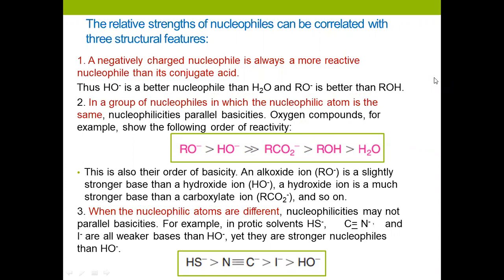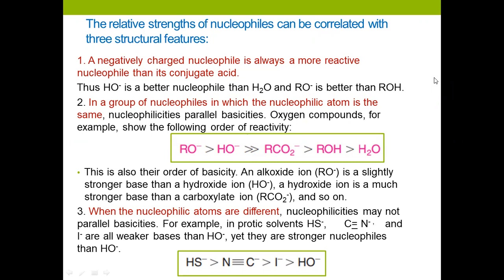So again, we're looking at the features of the nucleophile. Since nucleophile is not affecting the SN1, this only pertains to an SN2 reaction. So the relative strength of the nucleophile can be affected by the charge of the nucleophile. Number one, the more negatively charged nucleophile, the conjugate base nucleophile, is a better nucleophile than the conjugate acid of the particular nucleophile. Number two, in a group of nucleophiles in which the nucleophilic atom is the same,